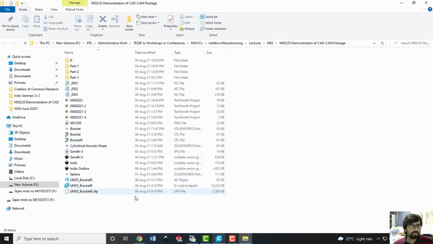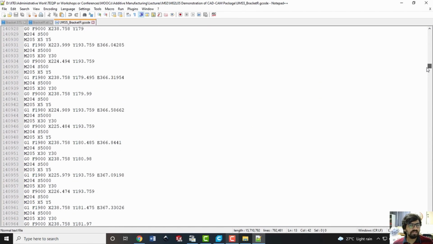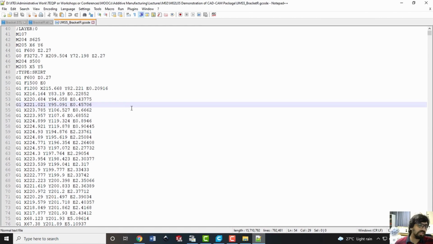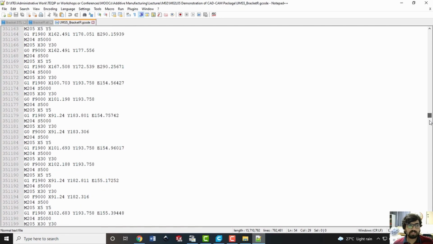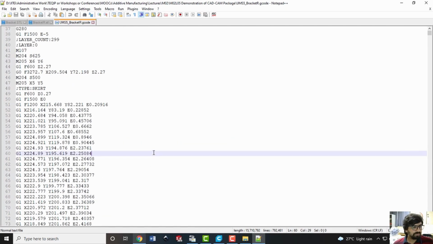So let me now show you the file corresponding to all three. This is the file corresponding to the G code toolpath. If I right click on this and open with Notepad++, I can even read this file, and you see there are G codes available here. You can use the same data to see on the NC viewer, but as there are a lot of lines, it will be very difficult to see. So the G code file is ready to transfer to your machine to do the further steps.